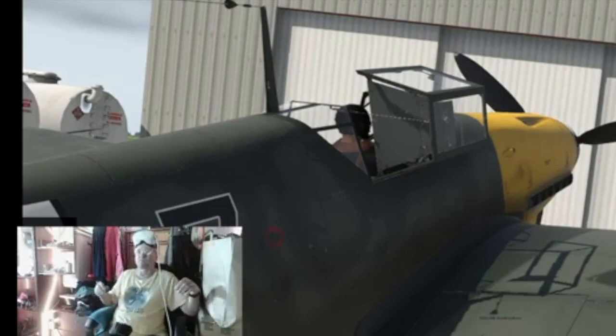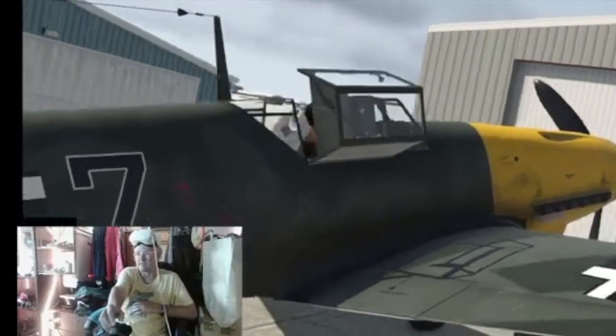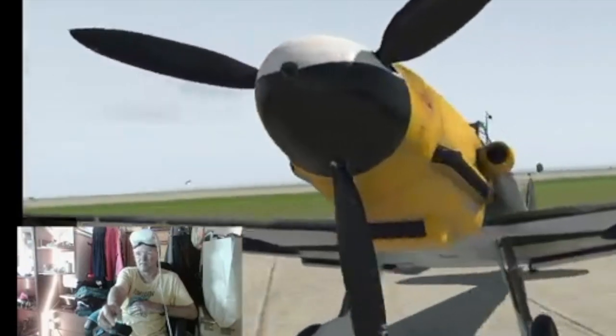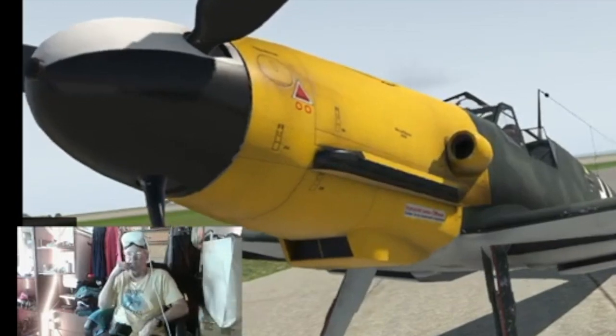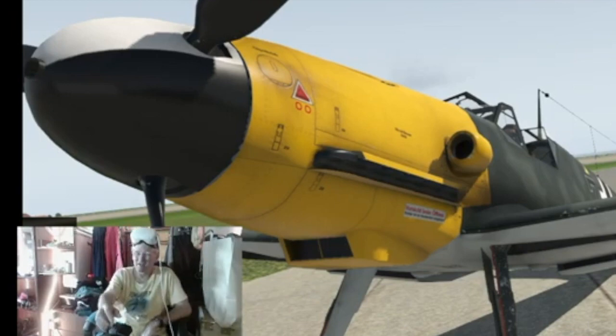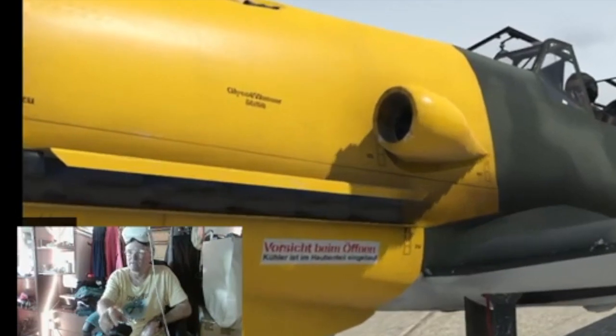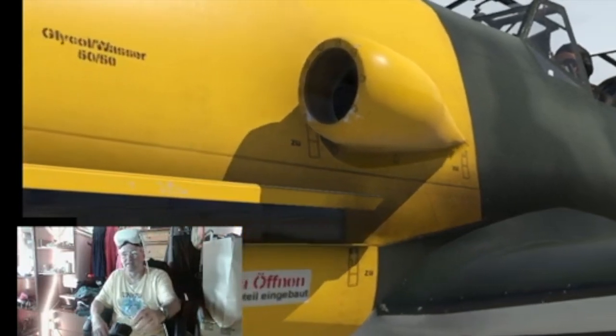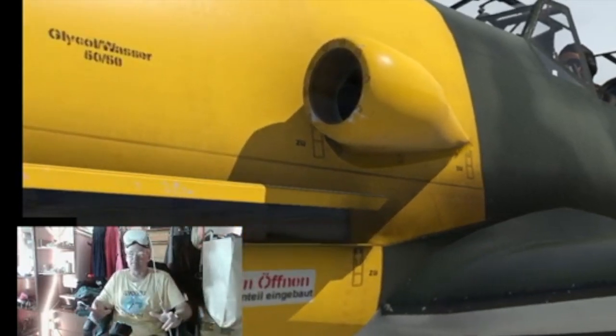And I have said it was the worst aeroplane of all time to fly, despite that horrible undercarriage, which is awful. They built 34,000 of them, and they have the highest number of kills of any fighter in any wartime conflict ever. So can't be that bad, can it? I like it. I intend to do a lot more flying in this. Because I'm of the opinion that if you can fly this, you can fly anything. You really can. But don't get complacent, because when you get complacent and you get cocky and you get good, you take a few unnecessary risks and